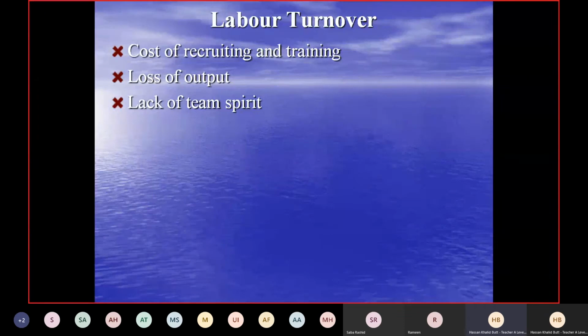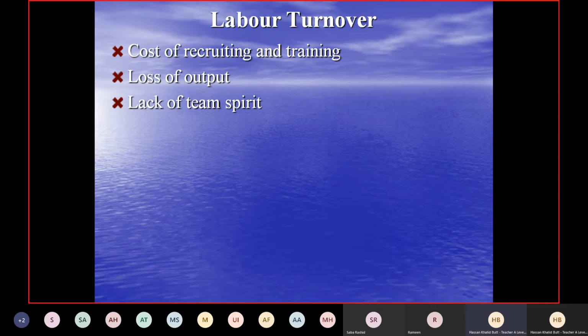Yes, that is possible. Secondly, when every now and then workers leave, new workers are hired as well. So now it is difficult to have the same chemistry with those new employees. Obviously, it will take some time for those new employees to get familiar with the workplace, with the job, and with the team members. It will take time. So that is why, let's say now, every now and then new workers are hired.